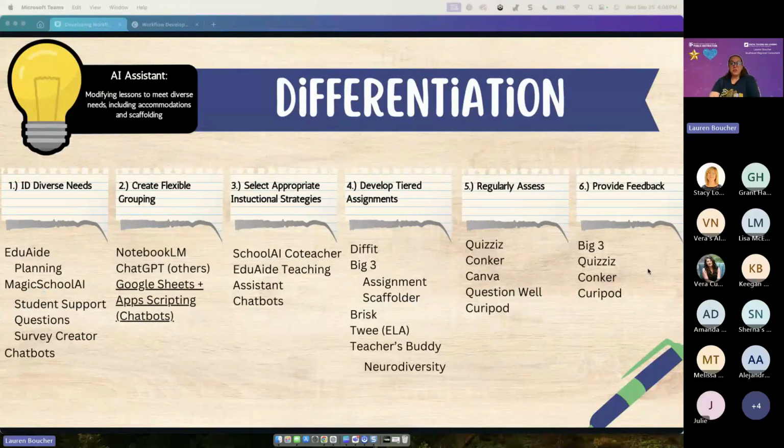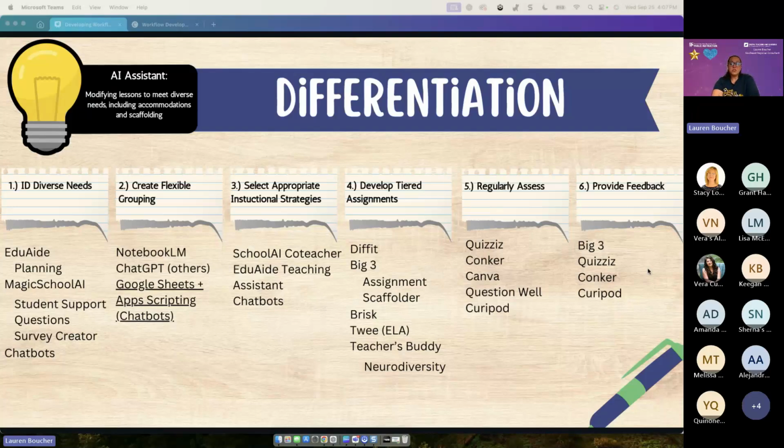All right, so a few other honorable mentions when it comes to differentiation, obviously the big three and chatbots. We've mentioned Brisk. Brisk, again, allows you to take any website and make it interactive and ask questions and that kind of thing. Special note, if you are an EduGuardian, if you join the EduGuardian PLC, you get a year's pro subscription to Brisk for free through that. So I'll add that information to the end of the presentation.